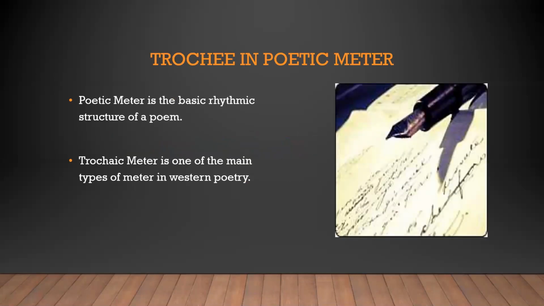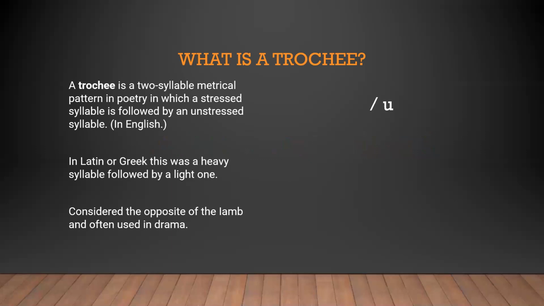So, trochee and poetic meter. Like we said in the previous video, poetic meter is the basic rhythmic structure of a poem, and trochaic meter is one of the main meters of poetry in the Western world. Specifically, what is a trochee? It's a two-syllable metric pattern in poetry, or a foot, which is a stressed syllable followed by an unstressed syllable